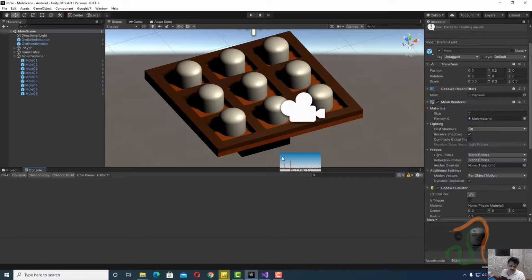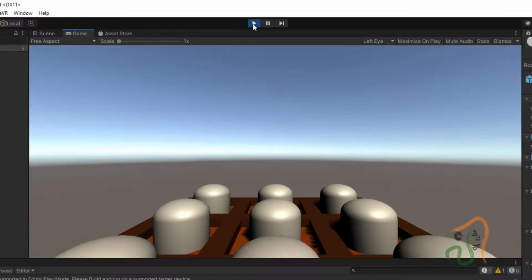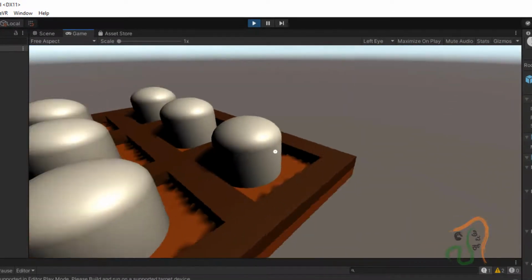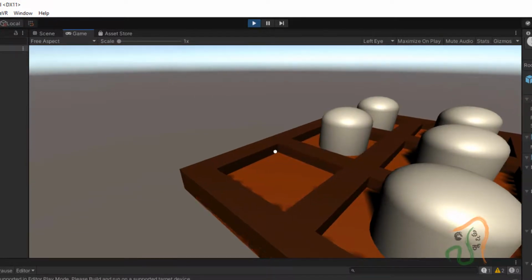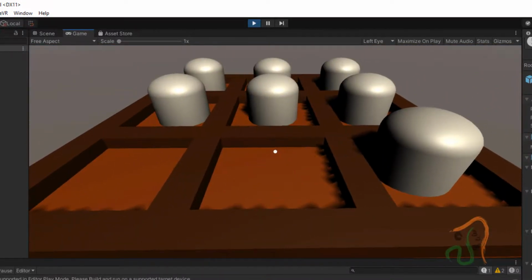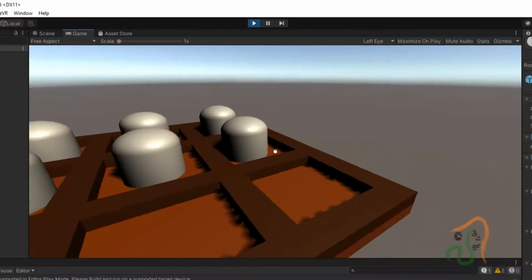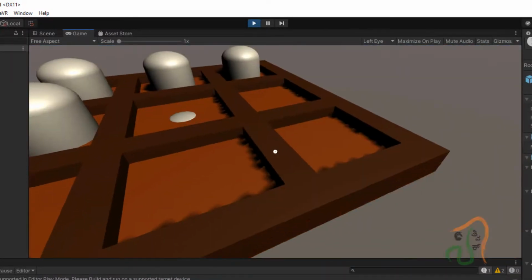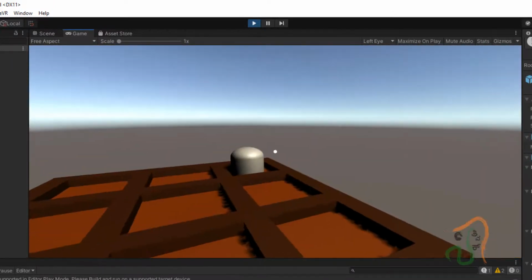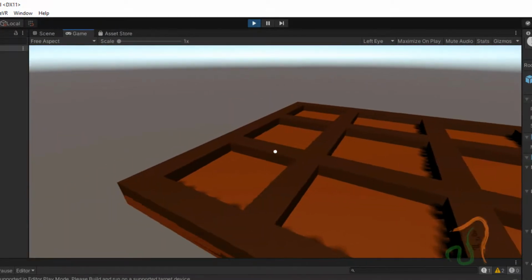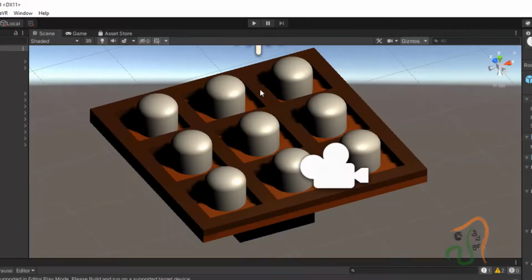Now next thing is, here we are going to play the game now, and when we play the game, initially all the moles are at the top, but when I click on a mole, see what happens? The mole is going to go down. See, as I click it, the mole is moving down. So as we are clicking, you can see the animation happening. So the mole is moving down. So this part is running fine. Now stop the playback.